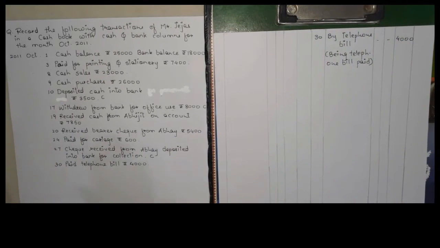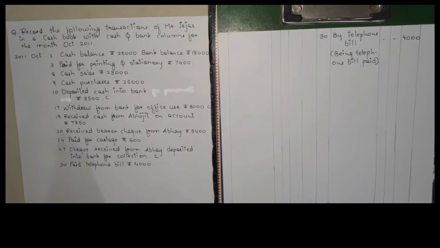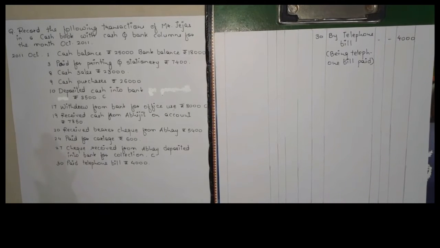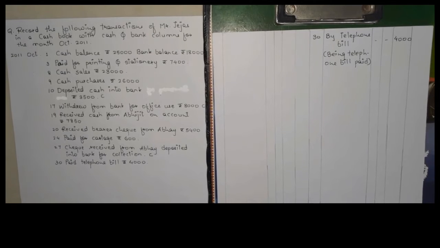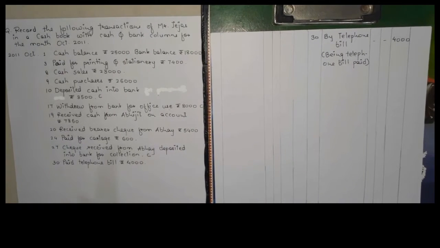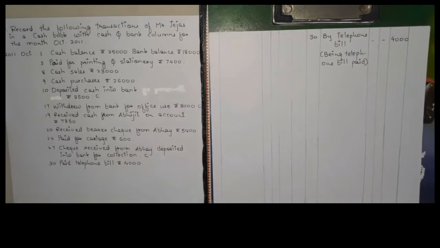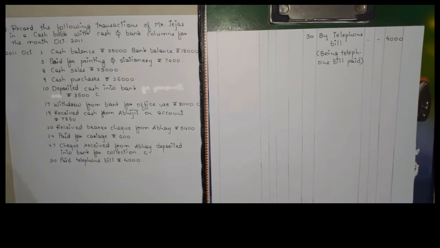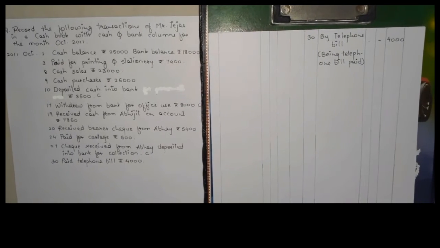So this is the end of the last transaction and all the transactions. Now we have to make the total of both the columns, that is on the receipt side, cash and bank column we have to make total of it, and similarly of the payment side, bank and cash column, we have to make a total of it. Now whichever side it will come less, we have to subtract it from that particular amount which has the larger side. So let's count.